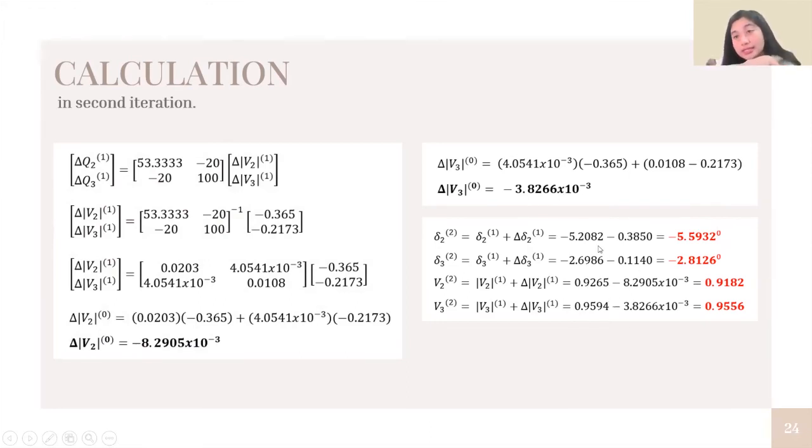So, ganun din sa ating delta 2 and delta 3. So, negative sila pareho. So, that is the reason why minus siya ang operation niya right now. So, upon doing the operation, yung delta 2 natin is negative 5.5932. Ang ating delta 3 is negative 2.8126 degrees. Then our voltage for V2 is 0.9182 and